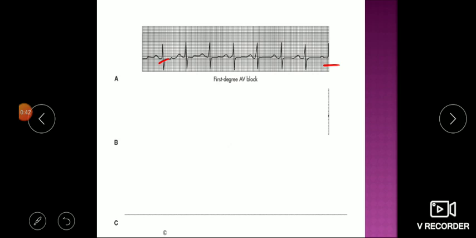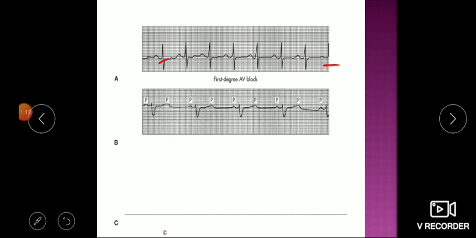Okay, so this is called first degree heart block. In this you are observing slow prolongation of PR interval, but beats are not missed. You are getting a QRS complex after every P wave. So gradual prolongation of PR interval is called first degree heart block. If you observe in an ECG that the PR interval increases in subsequent heartbeats, you should think there is some problem in conduction between the SA node and AV node. That is called first degree heart block.